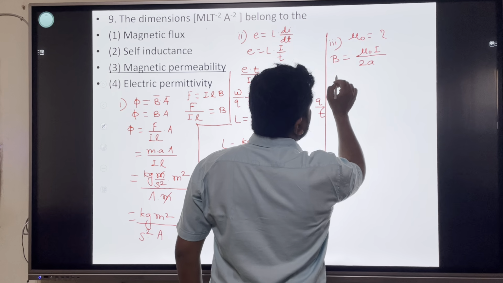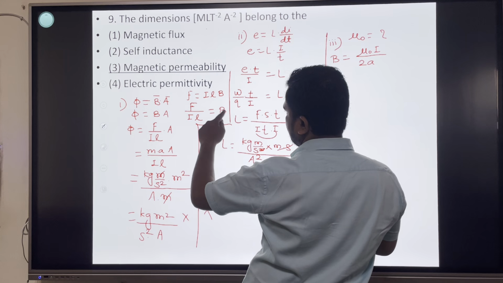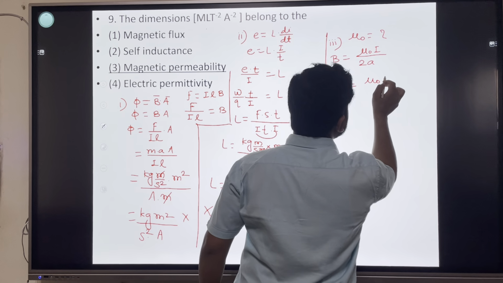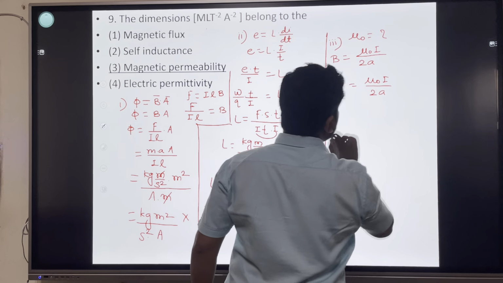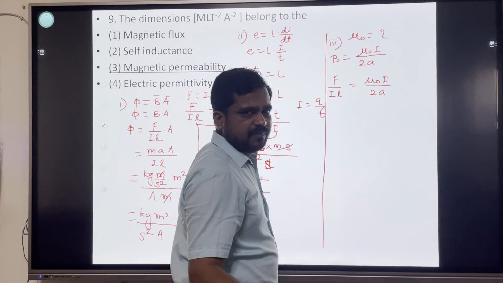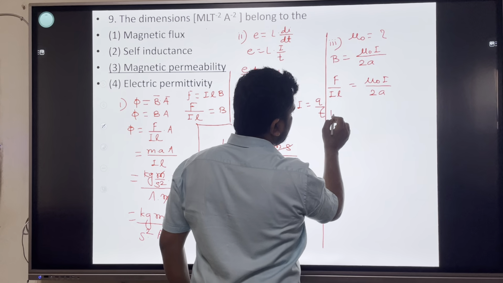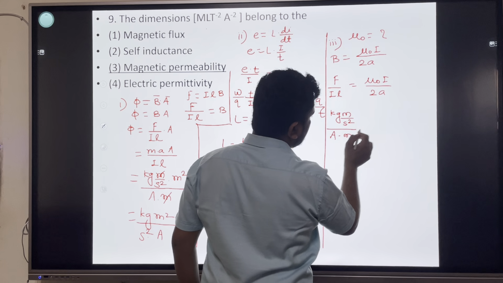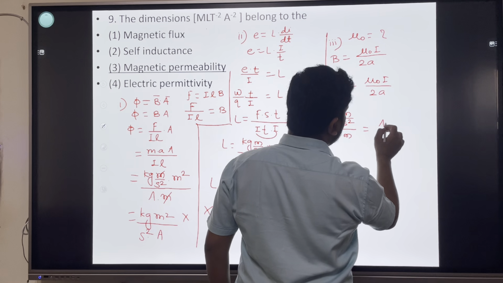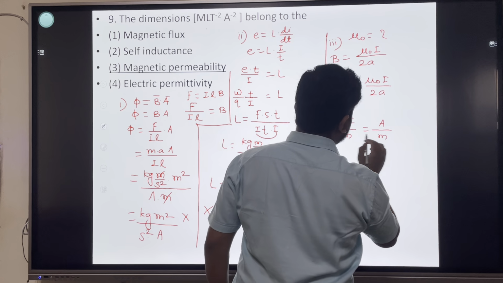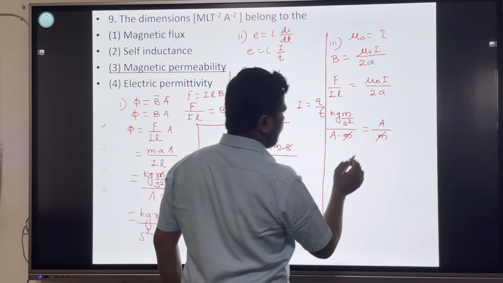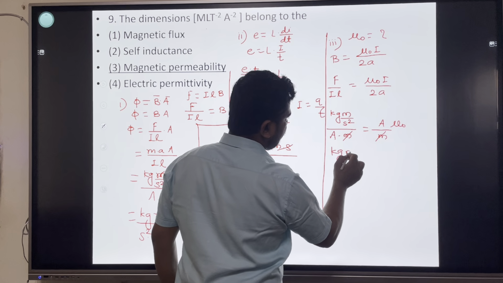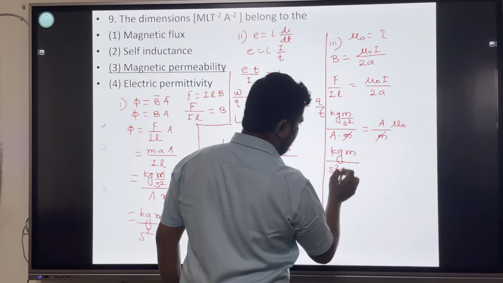ओके, सो मैग्नेटिक फील्ड का फिर फॉर्मूला यहाँ पे लिखा है हमने, B इक्वल टू फोर्स अपॉन करंट इनटू लेंथ, इज इक्वल टू म्यू 0 I डिवाइडेड बाय 2a. 2 की कोई जरूरत नहीं है, हमें सिर्फ फिजिकल क्वांटिटी चाहिए. फोर्स यूनिट लिखेंगे kg मीटर पर सेकंड स्क्वायर, करंट एम्पियर, लेंथ मीटर. ये मीटर मीटर कैंसिल हो गए, एम्पियर डिवीजन में आएगा, म्यू 0 केजी मीटर पर सेकंड स्क्वायर, एम्पियर स्क्वायर इज